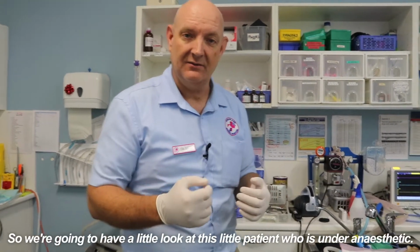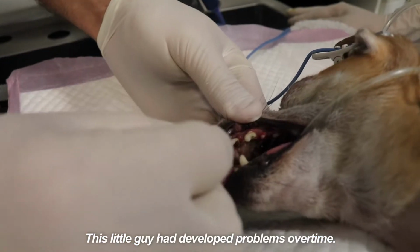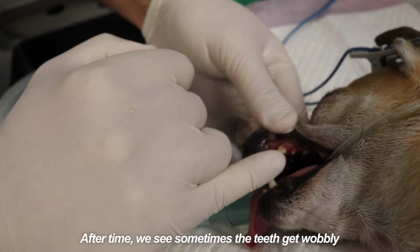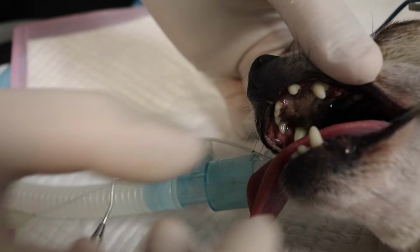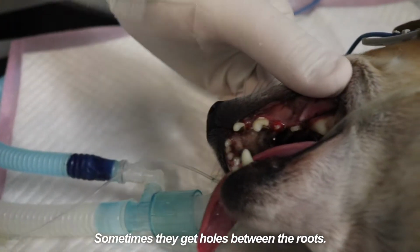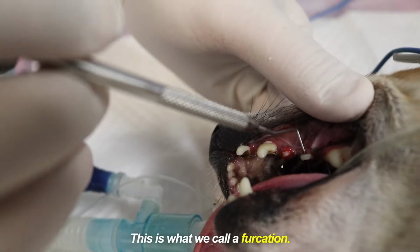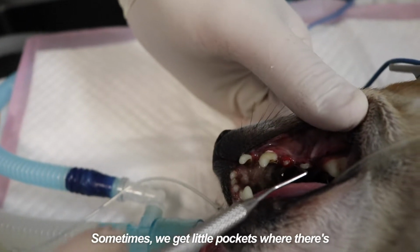So we're going to have a look at this little patient who's under anaesthetic, and this little guy had developed problems over time, and after time we see sometimes the teeth get wobbly. You can see there's some wobbly teeth here. Sometimes they get holes between the roots, so we can see this dental probe goes straight through this hole here. This is what we call a furcation, and sometimes we get little pockets where there's